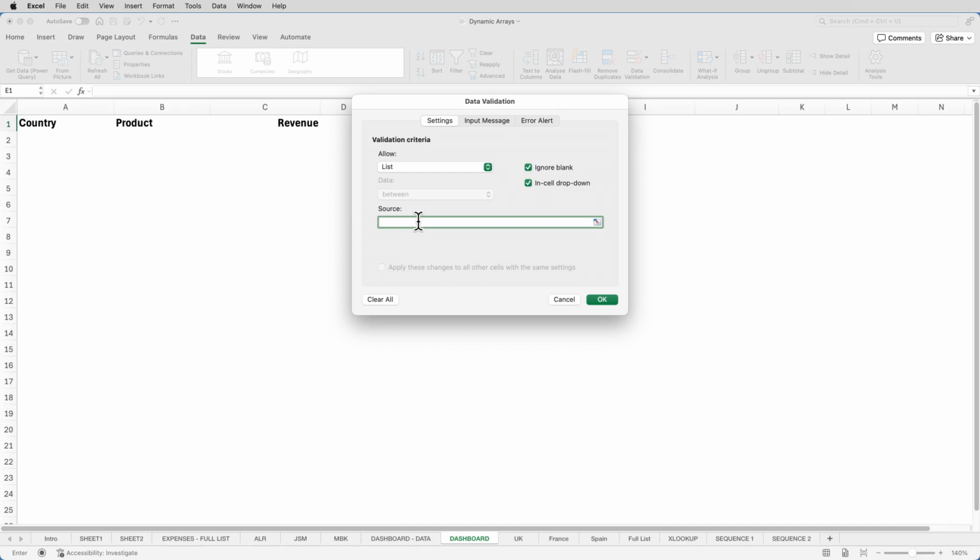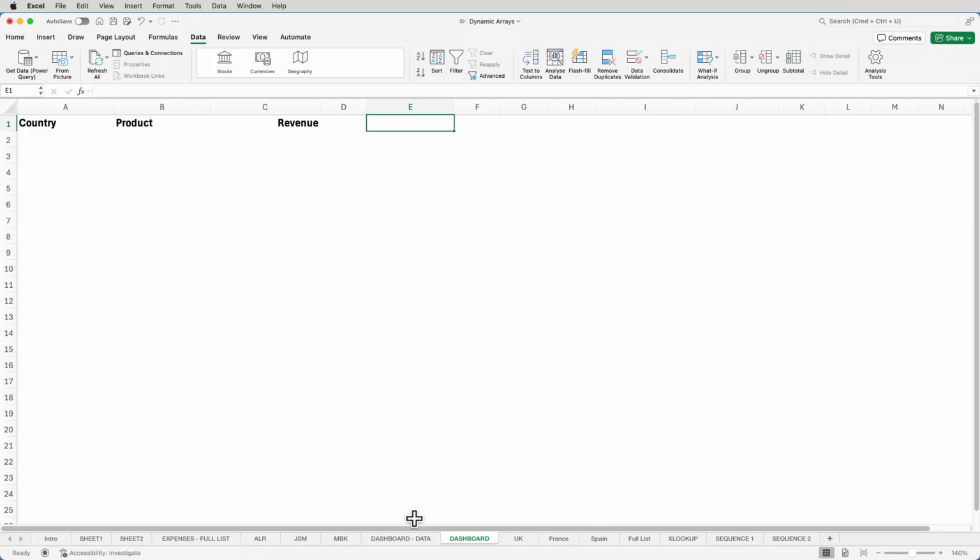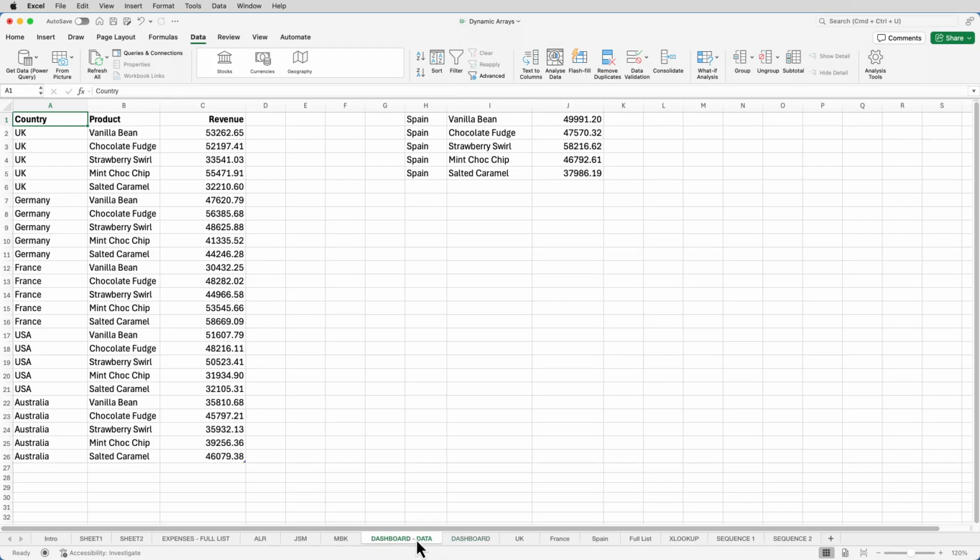by a comma. But what if more countries get added to the main list in the datasheet? We really want the list to be dynamically generated from the source data. And to do that, we need to generate a list of countries and store them somewhere in the spreadsheet. For the demo, I'm going to store them on the sheet with the data in. So I'll just cancel out of the data validation, return to the data sheet, go up to F1 and put